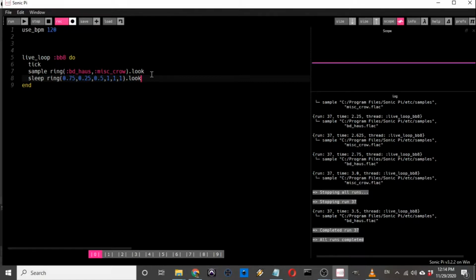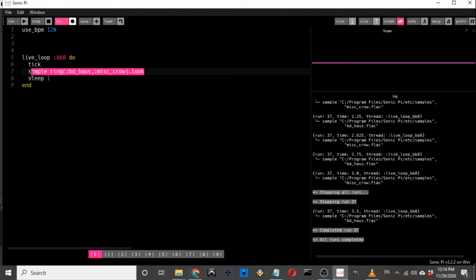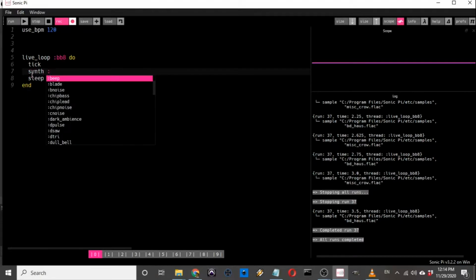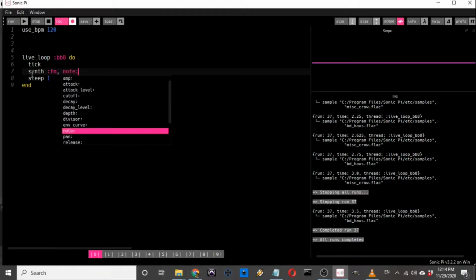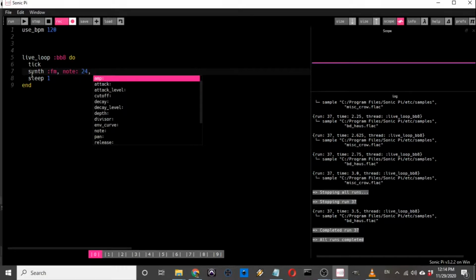So now I want to show you an example quickly of a happy accident, and this is one that we'll be covering in basslines also. So I'm just gonna quickly call a synth here called FM. FM is a very popular synth because it's the closest synth that sounds like a bassline. So let's pick some values. I don't know, 24, 26, 28, and what's 24 plus 7? Just put 24 plus 7. Fuck it. And put this in a ring.